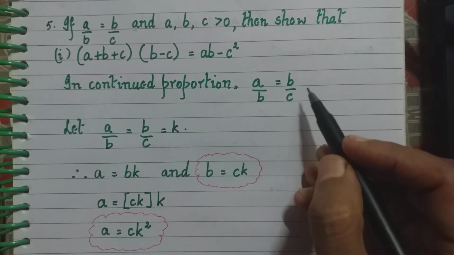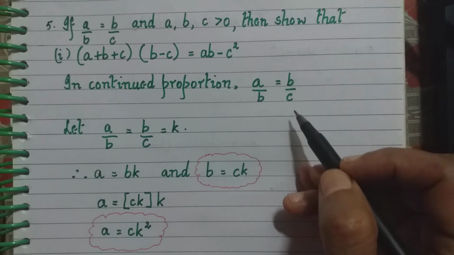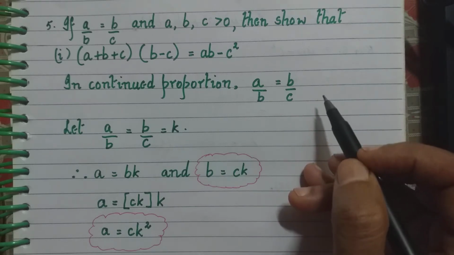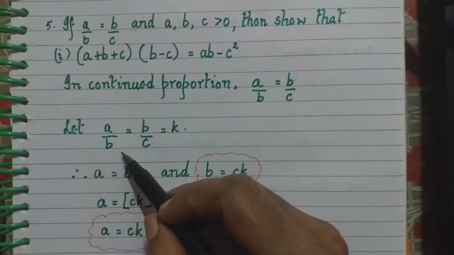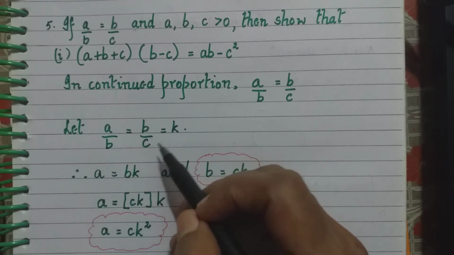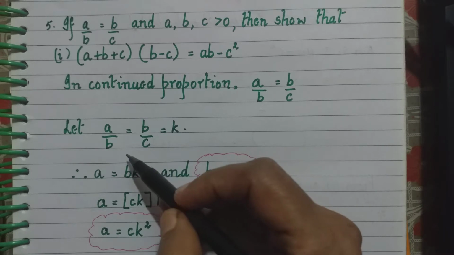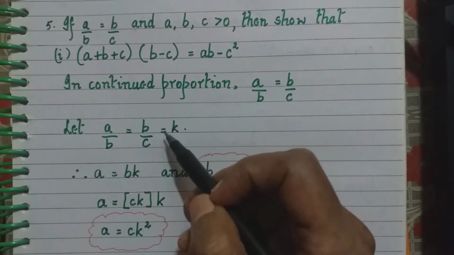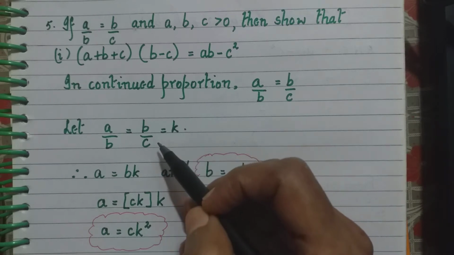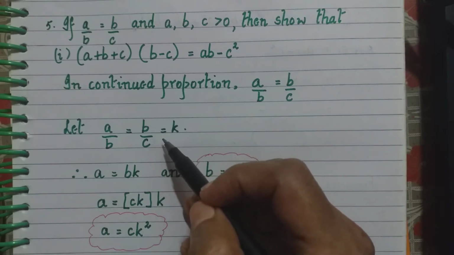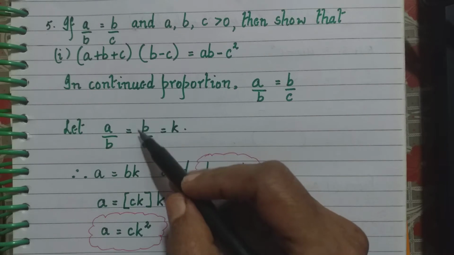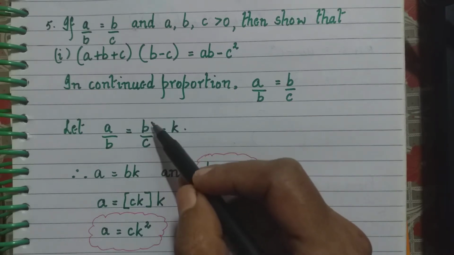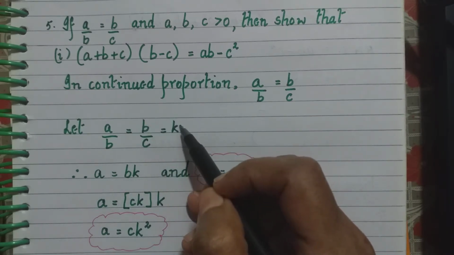Now we will consider that a by b equals b by c equals some constant, like k. So let a by b equal b by c equal k. Now why have we done this? We want to find out what a and b are in terms of k, and with k we have to have the same variable. Now if I take only this part, that is b by c equal to k,